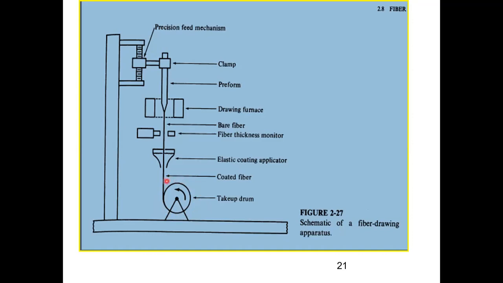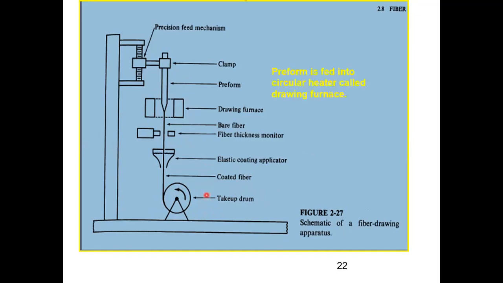So around 4 kilometers or you can say 4000 meter, one batch, एक preform will give you one batch of that 4 kilometer fiber. And then that take up drum, I will take it and then again a series of protection that is done to protect the fiber. So this is the fiber drawing tower in the simplest way.